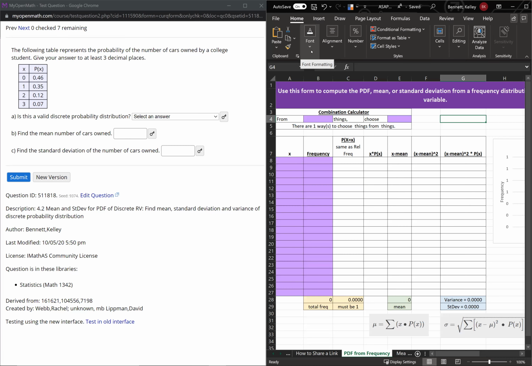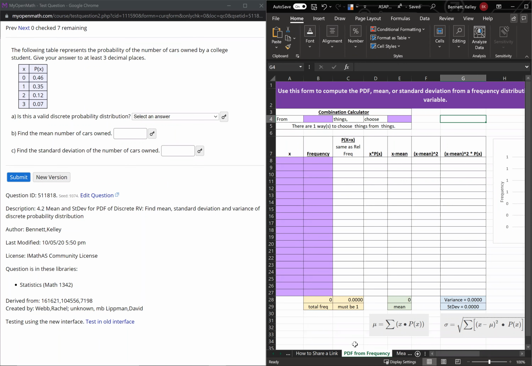All right, so in this question, we're going to use Excel with our knowledge of what a probability distribution function is and see if we can answer these questions more efficiently. So we're given a PDF, right? In our little purple box on the left, we've got X and we've got P of X. And it's asking us first in part A, is this a valid discrete probability distribution? So we know that for something to be a discrete probability distribution, the sum of the probabilities has to add